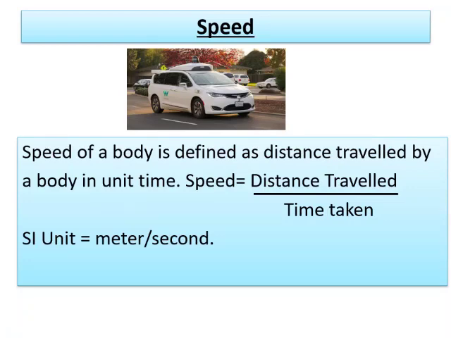Now the topic is speed. Before going into the definition, let us illustrate with one example. The distance from Ambala to Delhi is 200 kilometers. If a driver takes 4 hours to complete this journey, and another driver covers the same distance in 3 hours, you will say the second driver is faster than the first driver. But if you hire one more driver who covers the same distance in 5 hours, you say the third person is driving slowly.